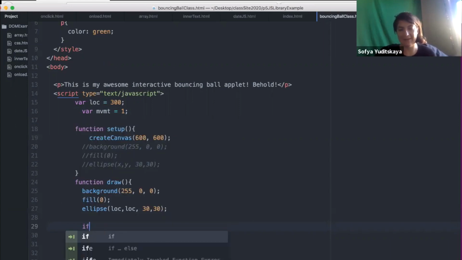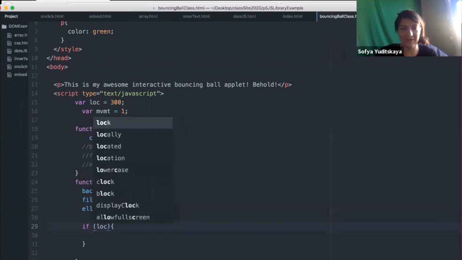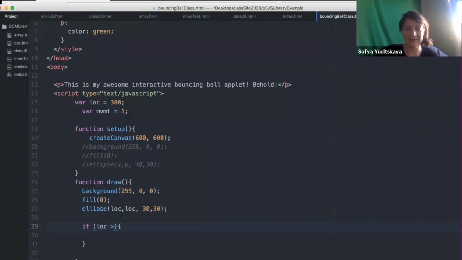So I'm going to say if, hypothetically, computer, if the location of my ball is greater than width, and width is a variable that p5.js gives us, and it refers to the width of the canvas. This right here. So if the location is greater than width, hypothetically,